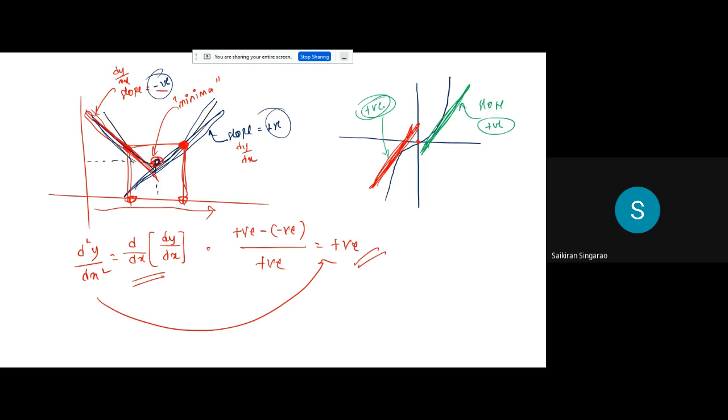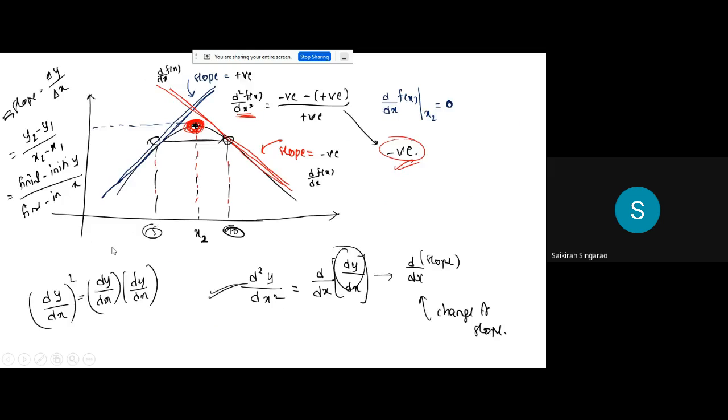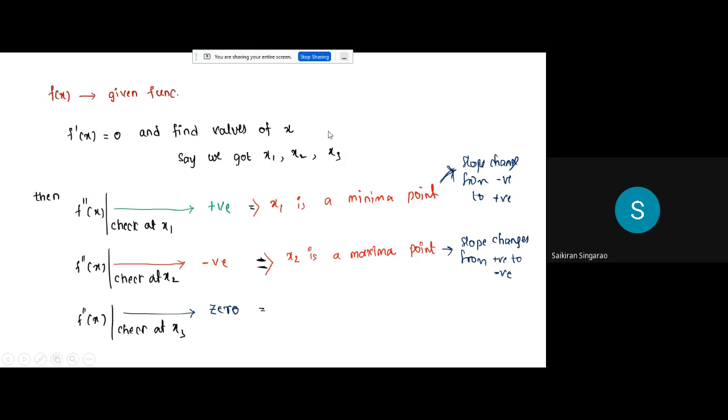see, before this point also slope is positive, after this point also slope is positive, but at this particular point f dash of x is coming 0. At this particular point f dash of x is coming 0, because wherever f dash of x comes 0, only then we will do double derivative, right? How did this x3 point come? This x3 point came when I did f dash of x equal to 0. And when I did double derivative of x, it became 0, right?